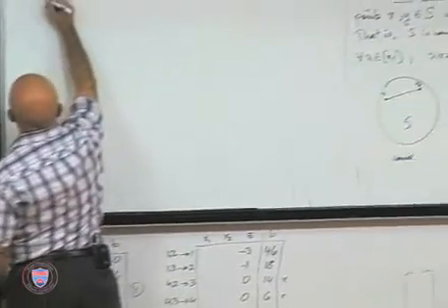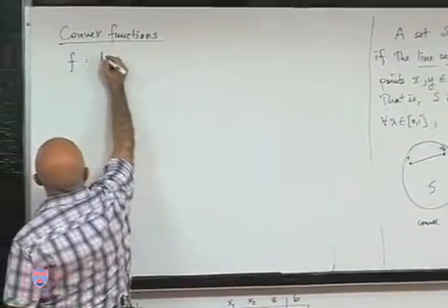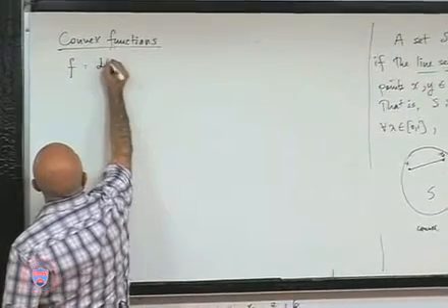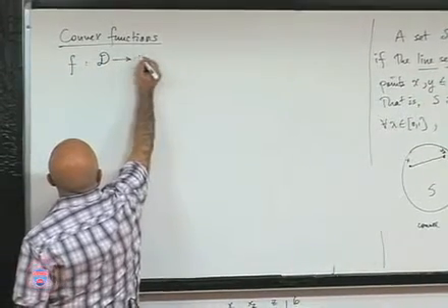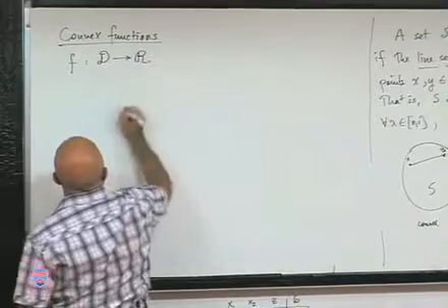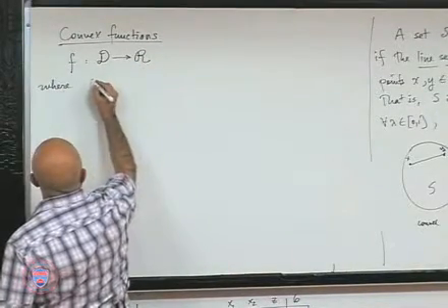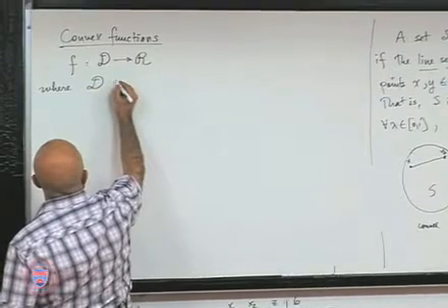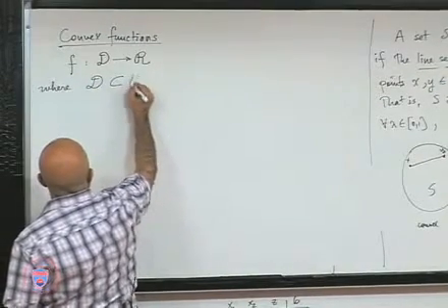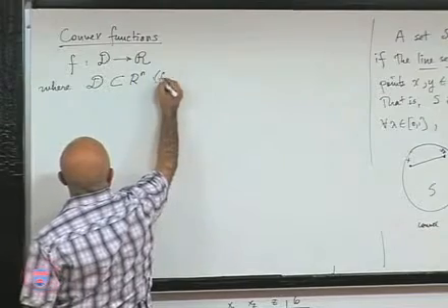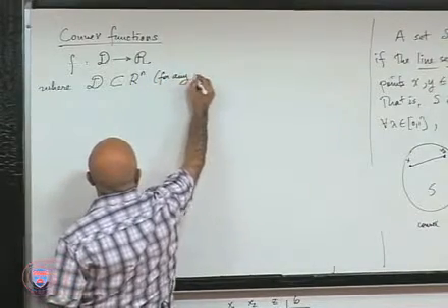So we talk about convex functions with domain and range, where these are numerical functions, where the domain is a subset of Rn for any n